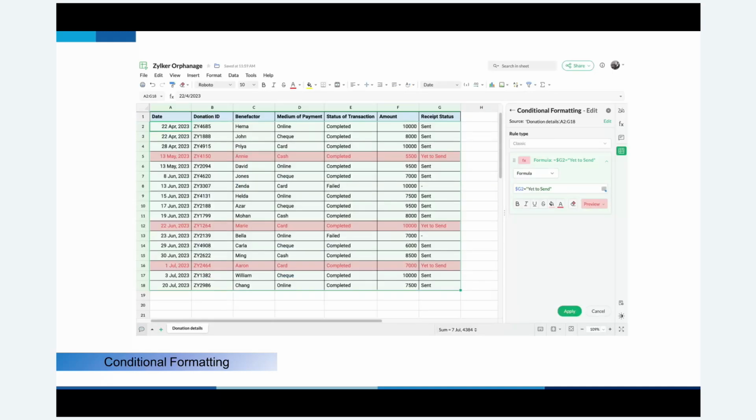So now let's go over conditional formatting in Zoho Sheet. Conditional formatting lets you visually highlight specific data based on a set of rules or criteria. This helps you quickly spot trends, outliers, or areas that need attention without manually scanning through the entire spreadsheet. For instance, you can automatically highlight all sales figures below target in red or flag overdue